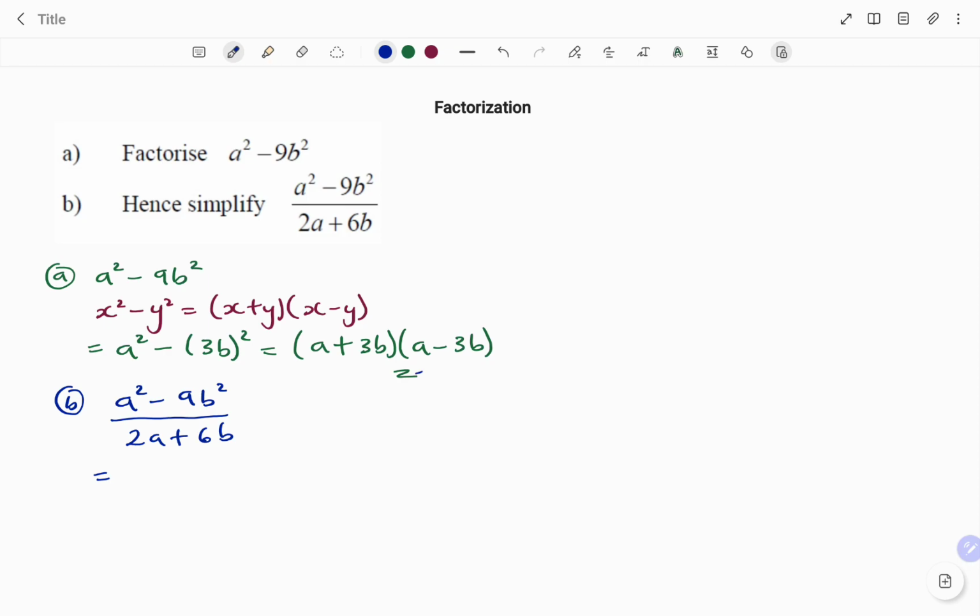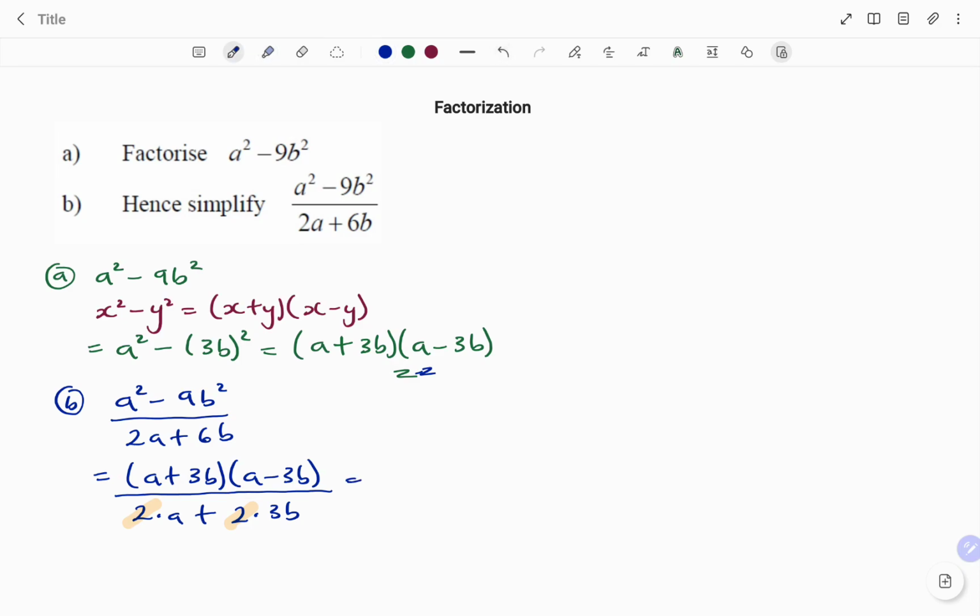So using the answer I got for my first part of the question, I have a plus 3b and a minus 3b. I'm going to break down my denominator. I have that as 2 times a plus, 6 is a multiple of 2, so I have 2 times 3b. The common factor here is 2,